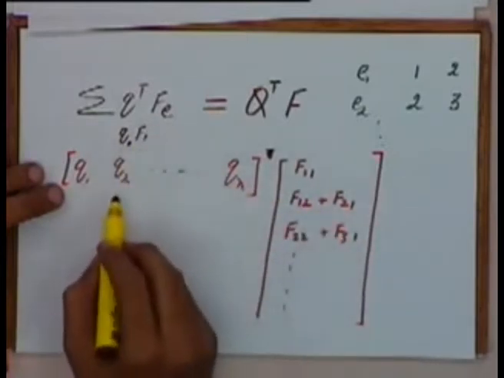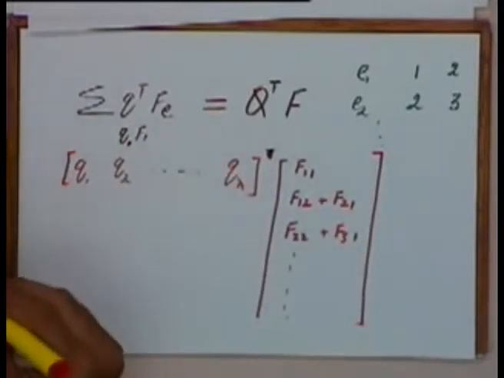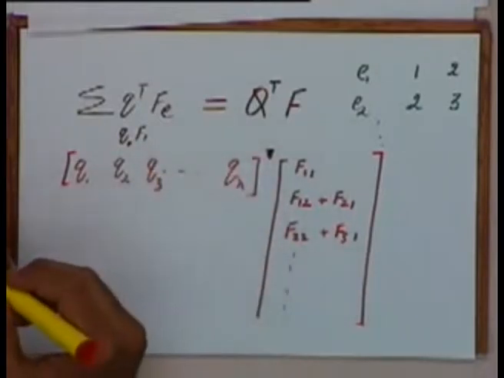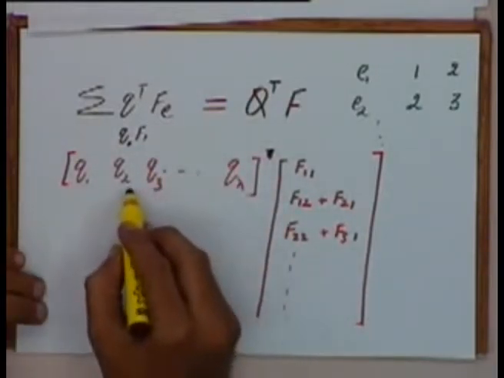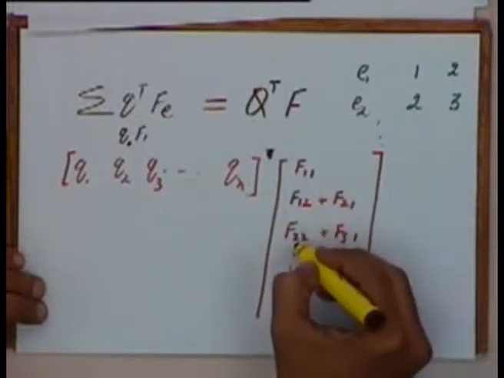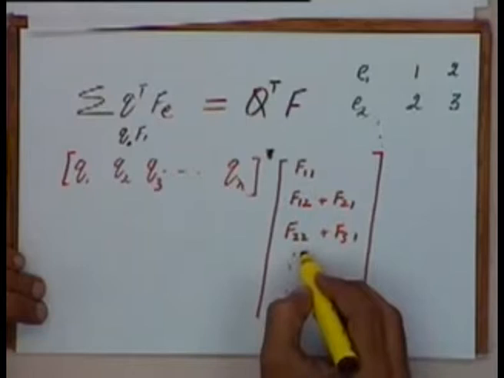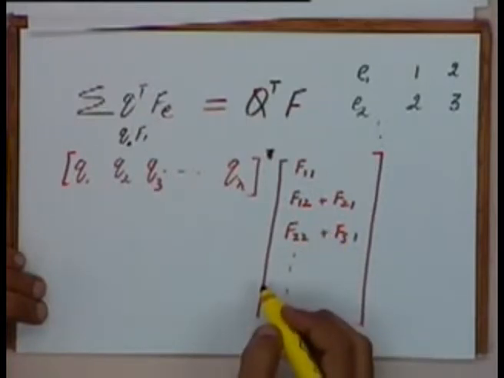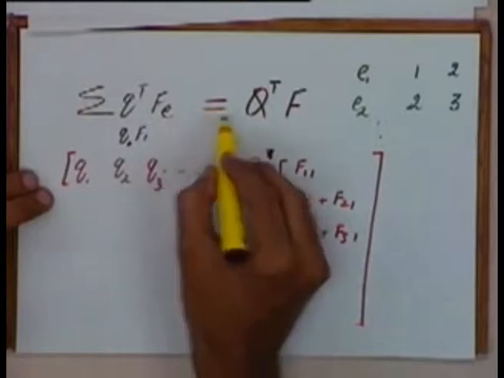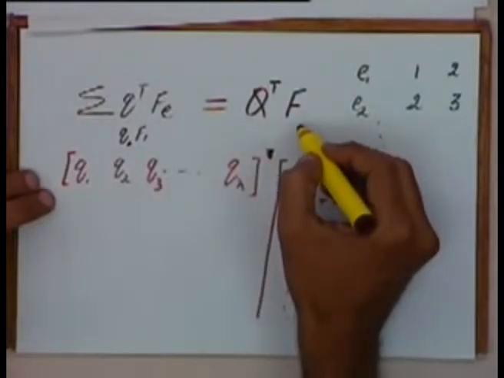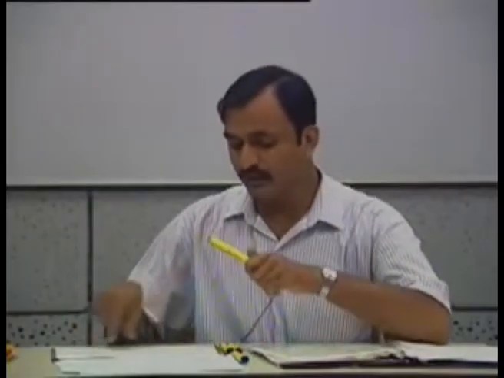Similarly, if I take up the second element, I will get Q2 and Q3 multiplied by F21 and F22. Okay, similarly, if I take the third element, Q3 and Q4 will be multiplied by F31 and F32 and so on. Okay, the summation of all these terms is nothing but the Q transpose multiplied by F. Okay, so this way, by writing the global equation in this manner,